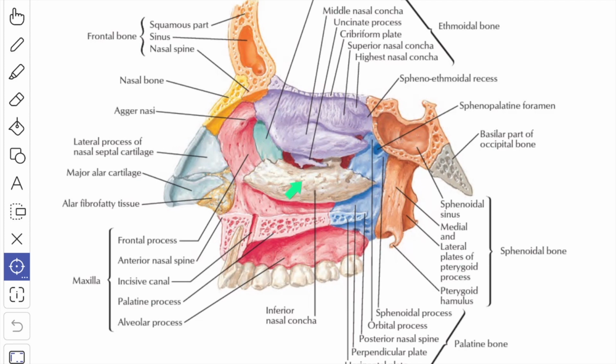The inferior nasal concha is a separate bone and it presents a lower free margin which extends horizontally backwards and ends about 1.25 cm in front of the pharyngeal opening of the auditory tube. The space under cover of the inferior concha is known as the inferior meatus, which receives the termination of the nasolacrimal duct in its anterior part.